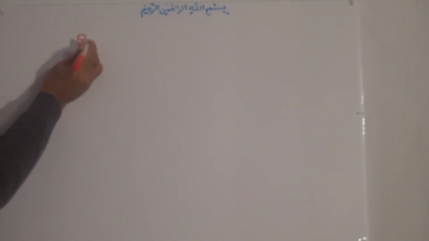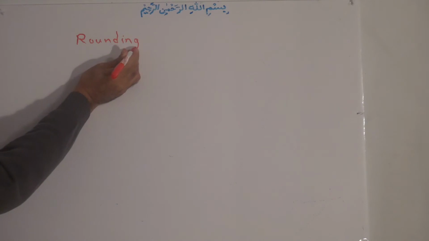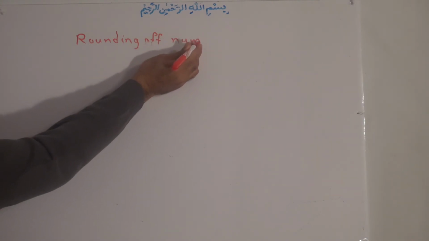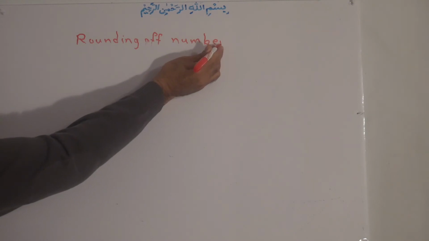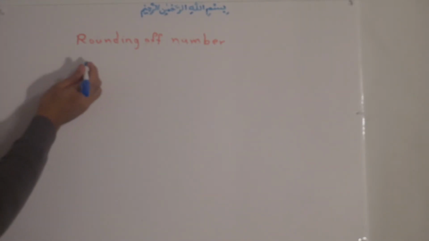Our next title is rounding of numbers. Sometimes if we divide some numbers, or we have a decimal number, we want just 1 decimal place or 2 decimal places or 3 decimal places of accuracy, and we take off the others. So for example, the number is